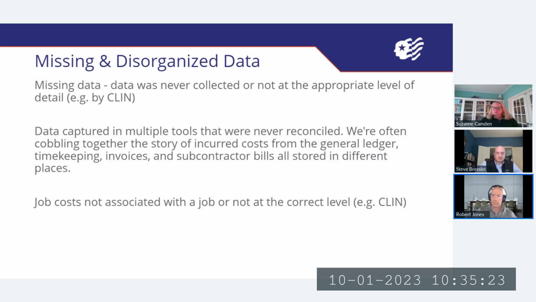In the best scenario, when you set up a project, your project should match the same setup as your contract. So if you've got a contract and you've got 5 CLINs, then you should have a one-to-one relationship of project to contract. And further, you should have 5 line items underneath your project in your system.